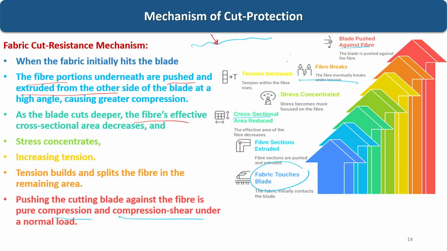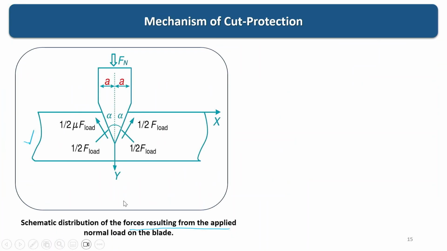What we have discussed earlier is a combination of compression and compression shear, and this diagram is only for compression normal load. So, how are the forces distributed from the applied normal load of the blade? Fn is the normal load applied by the blade,